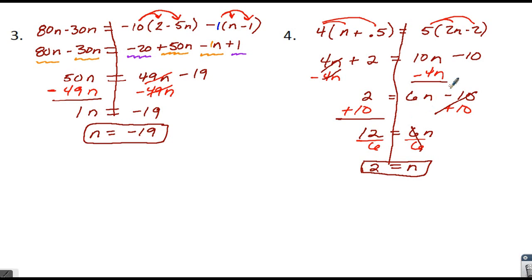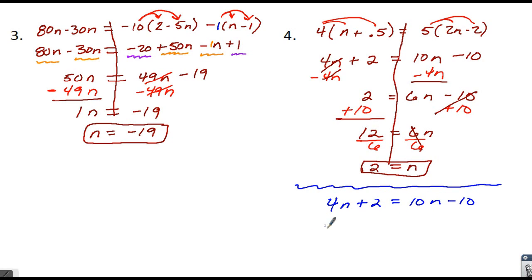Okay. Now, if I were to do this the faster way I showed you before, you still would have to do distribution. So really, I wouldn't do anything until I got to this equation right here, which I'll show you right underneath. So I would distribute everything out, and I would still end up with 4n plus 2 equal to 10n